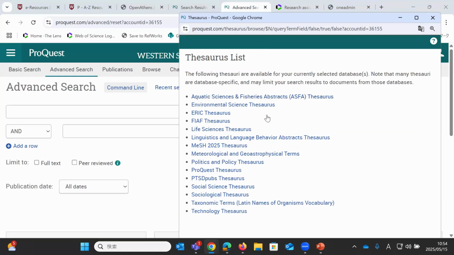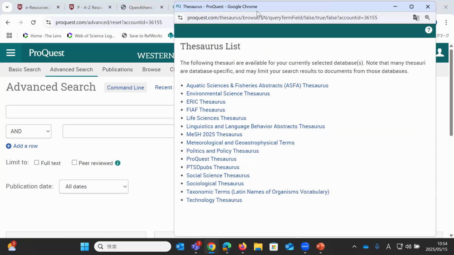People who often have trouble with subject searching the thesaurus: don't touch the coding that the thesaurus builds. For example, where it says AD or attention deficit disorder, and it has quotation marks or brackets around it, don't touch that, because the system uses that coding to search for subject headings.